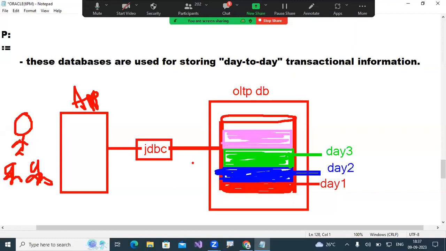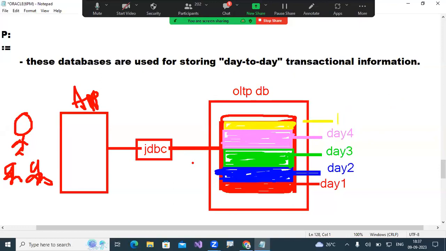Next day, day number 4 data is also saved. Next, suppose on the 5th day also some data is generated. The 5th day data also I saved. This is day number 5.